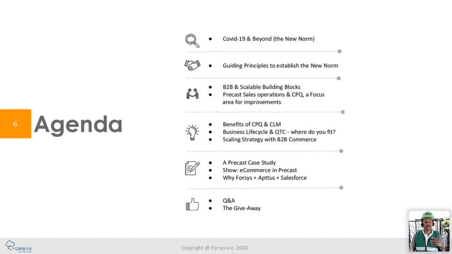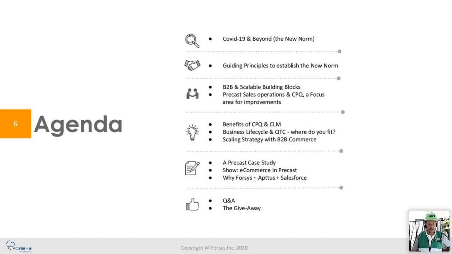We'll also talk about some specific technologies. We, Aptys, as well as Aptys Conga, as well as Forsys, have partnered on a B2B strategy that allows us to really create the best of both worlds. That allows us to take you to another level of your operation, if that is the right place for you all to grow right now. We'll also talk about the sales operations. Focus on what is CPQ. If you're not familiar with this terminology, my apologies. We assume that you're on this webinar because it's important for quote to cash and configure price quote, and we'll talk about why this is an important piece of the puzzle.